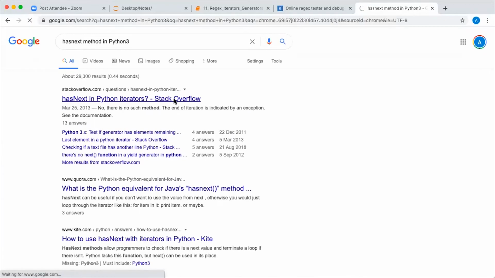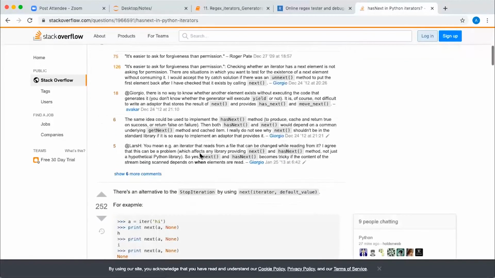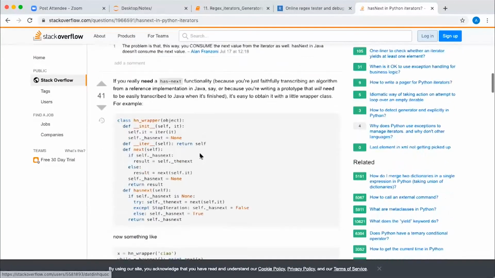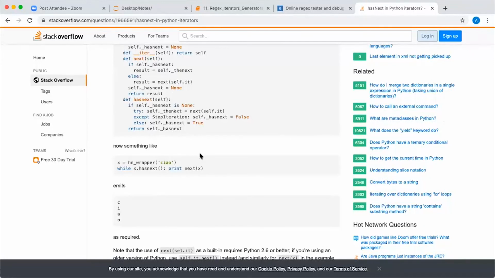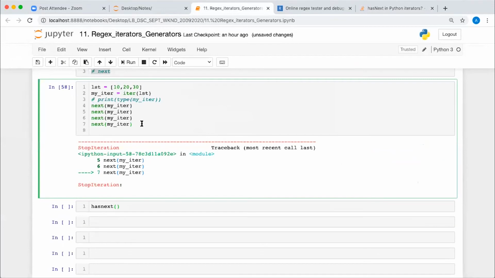The Python iterator. So basically you are saying that you will check the has next method on this iterator object to see whether it has the next element or not, right? Yes, because I will go to next only if some element is there.